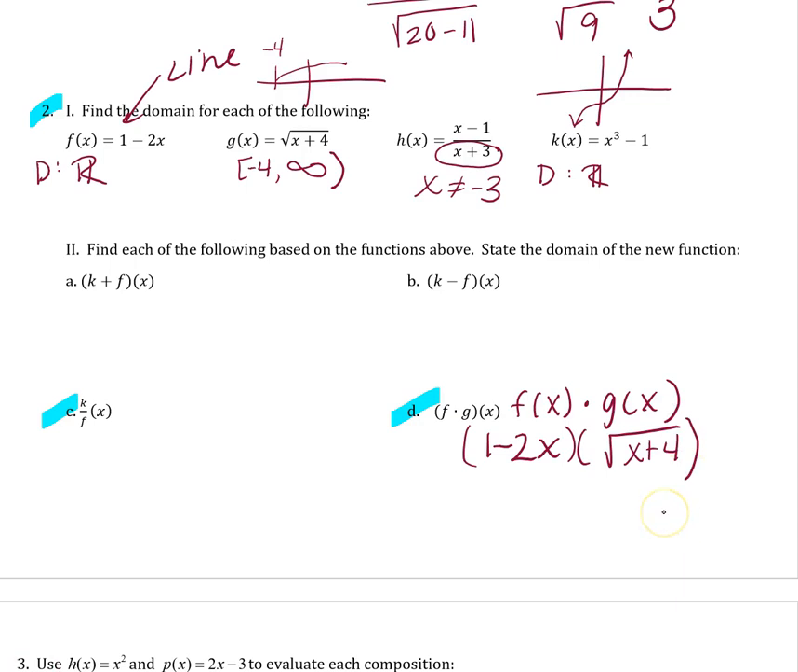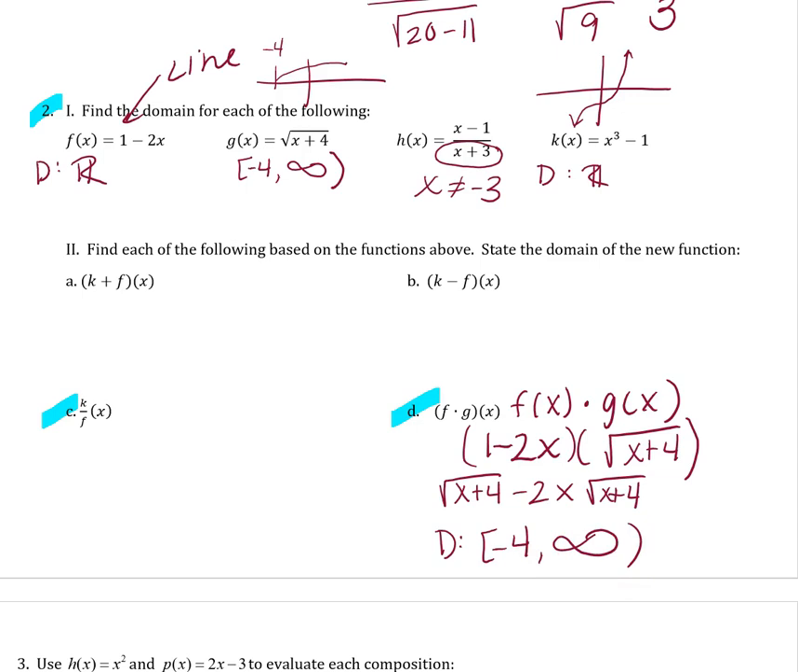So in order to multiply these, I'm just going to distribute the square root. So I've got x plus 4 minus 2x times the square root of x plus 4. And that's what f times g of x looks like, or f of x times g of x. So when I'm talking about the domain, I'm going to look at the domain of the original functions. So f was all reals, g of x is from -4 to infinity. So the domain must be from